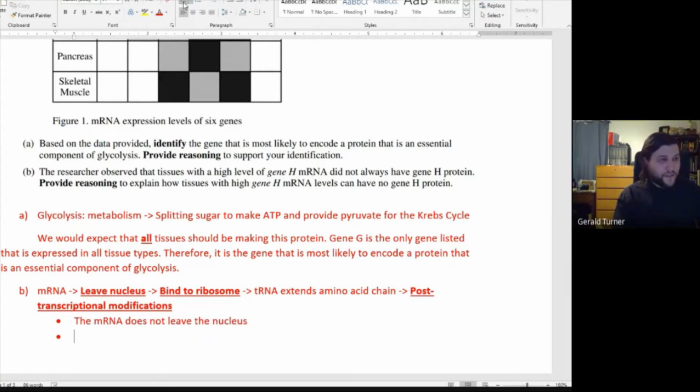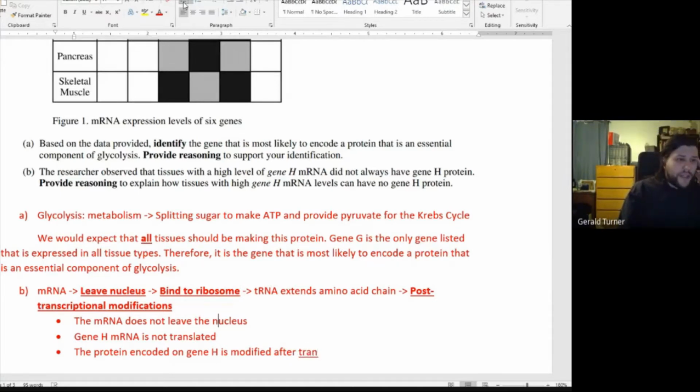Second, the gene H mRNA is not translated, or the protein encoded on gene H is modified after